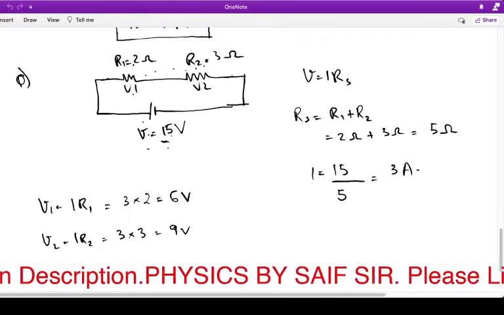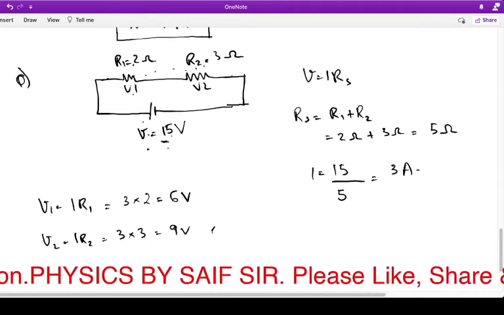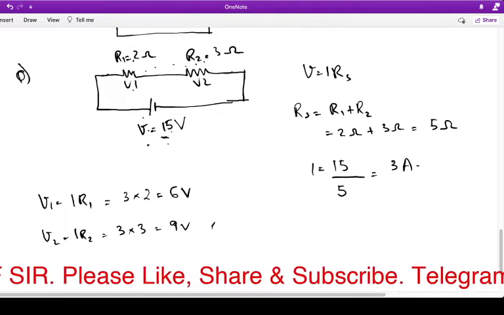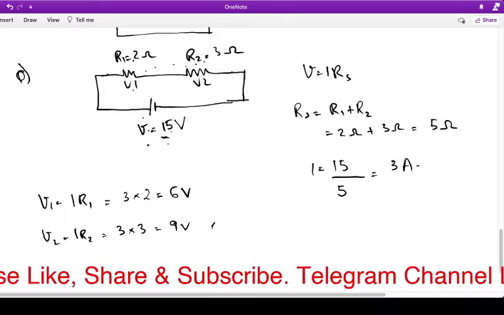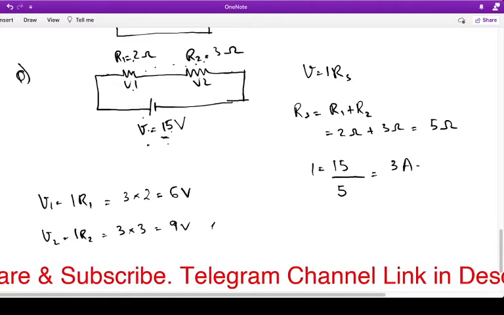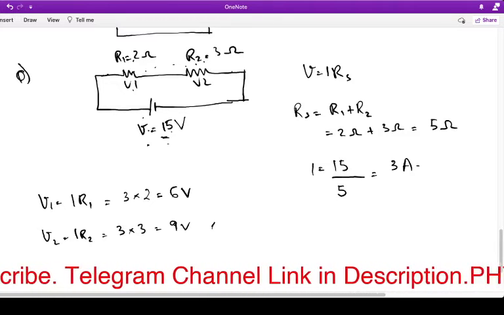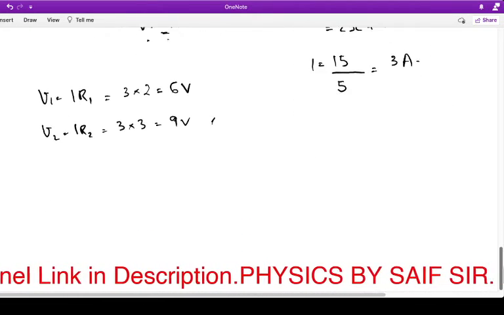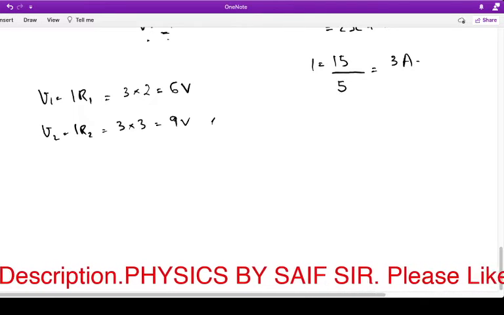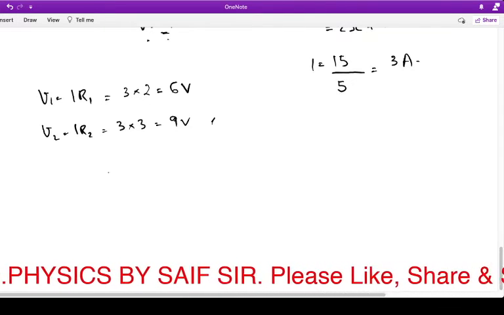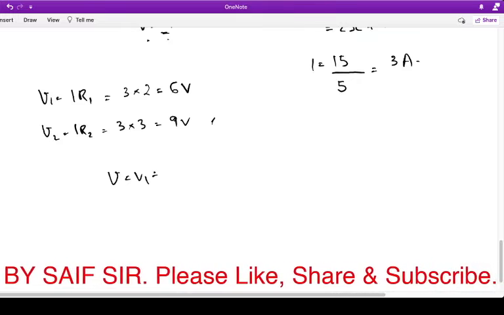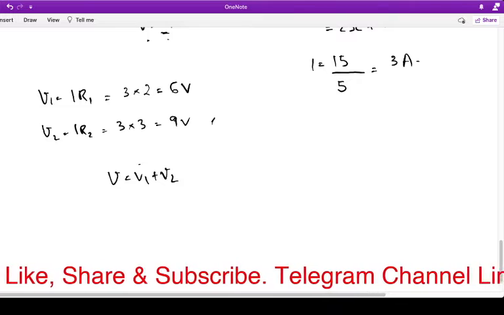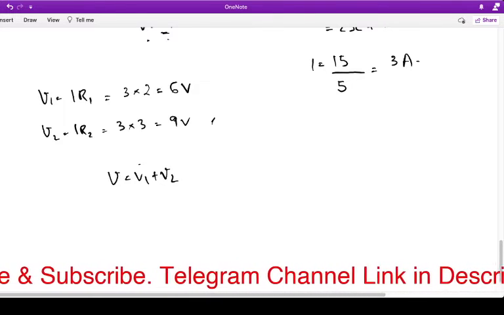Now this is the basic calculation, and there is an advanced method. What if in the question it is given only to find V1, not V2? You can also do that, but this method is only for your information. It's only for advanced level, not for school level. We'll take the same question here. As you already know, V is equal to V1 plus V2, but we have to find only V1, and V2 is not given. So how can you do that?